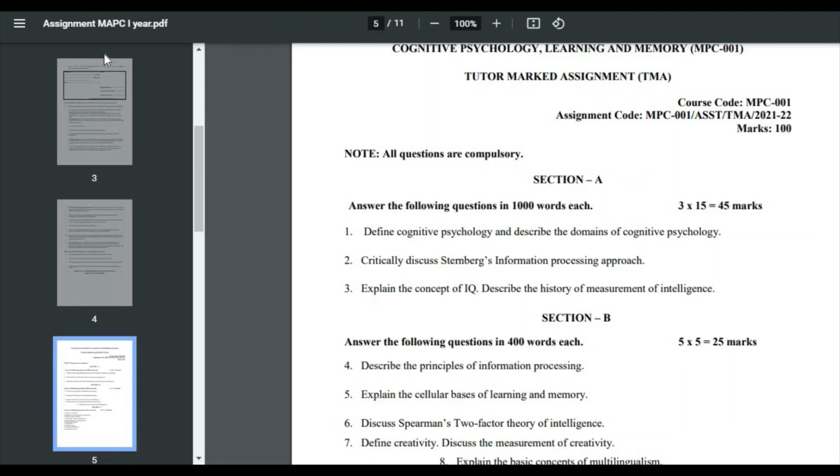If you want to submit your assignment paper, the said date is 31st March 2022 for the June session, and for the January session, I think it is going to be around September or October. The date will be announced on your IGNOU website, so keep an eye on that. The date keeps changing, so you have to take the updates from the IGNOU website on the Student Zone. On the Student Zone, you will get many updates on when to submit your assignment papers and what the last date of submission is. You can find all those things on Student Zone.